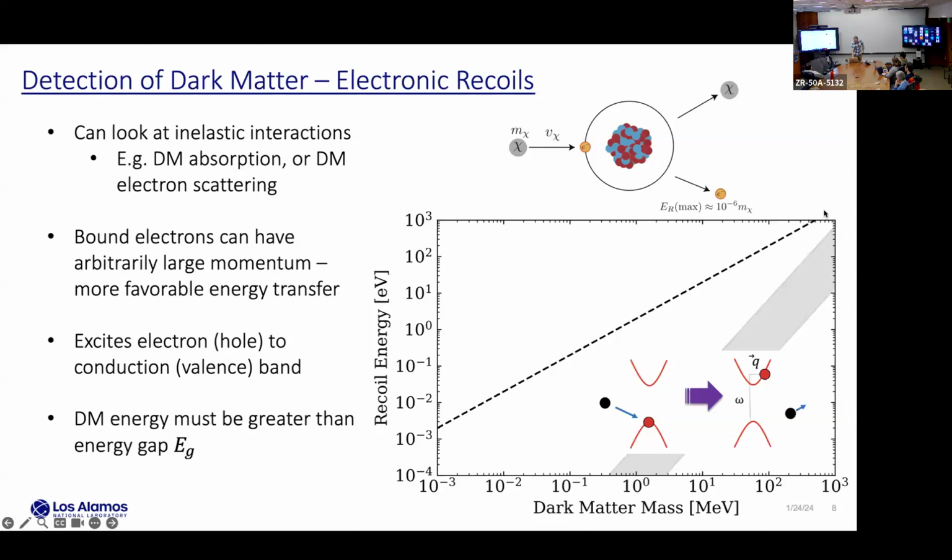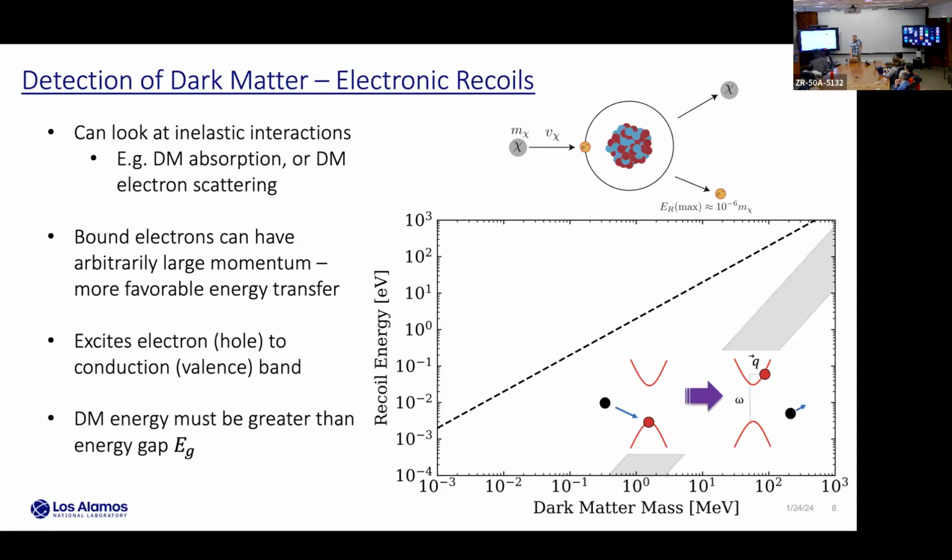And so this dashed line shows the equivalent energy transfer as for those nuclear recoils, but now for inelastic electron recoils. This is just to guide the eye. It would obviously be slightly different depending on the system. But now if we take that same dark matter mass of a mega-electron volt, we only need to be sensitive to about an eV of energy. So we're talking 3 to 4 orders of magnitude in improvement.